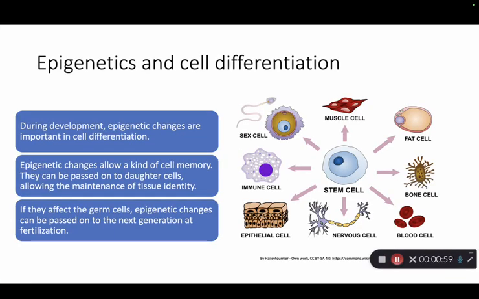During early development, cells undergo a wave of epigenetic changes. These will shape their ultimate fate. The modifications can include DNA methylation and changes to histones. They provide a type of cellular memory, ensuring that a liver cell stays a liver cell throughout countless rounds of division. If these changes occur to germ cells, they could even be passed on to the next generation, which would be called transgenerational epigenetics.